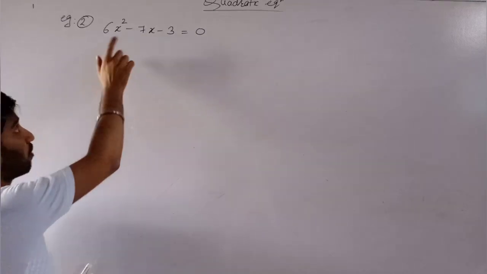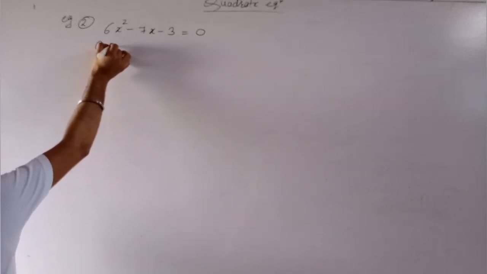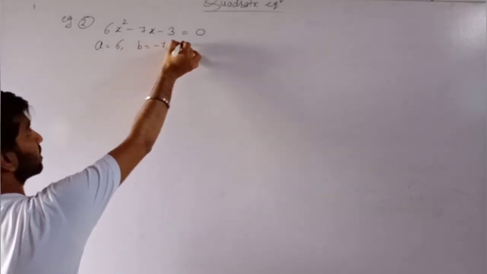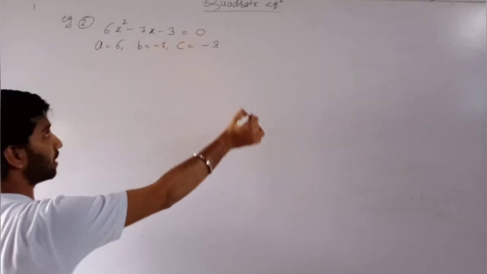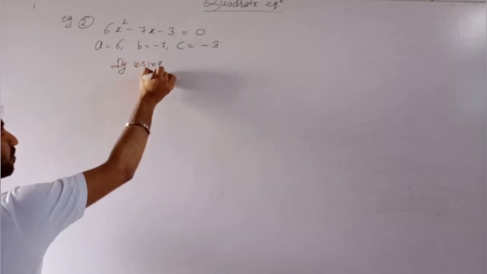Now students, our second example is 6x squared minus 7h minus 3. In this, the value of a, the coefficient of h squared, is 6, b, the coefficient of h, is minus 7, and c, the constant term, is minus 3. Now by using